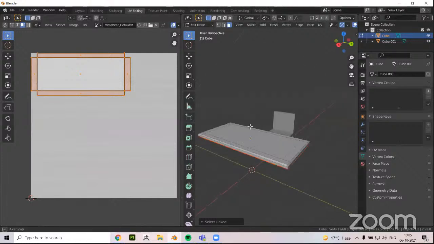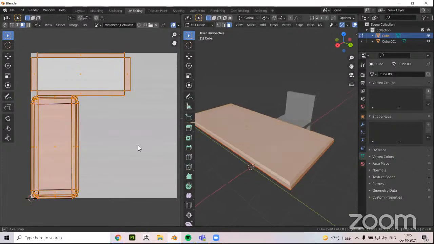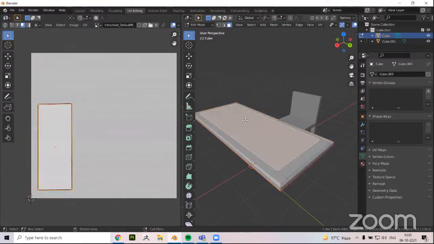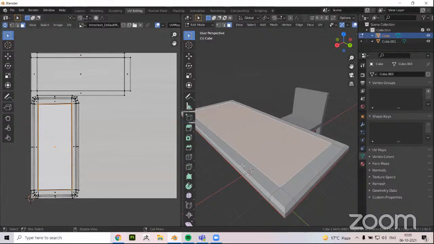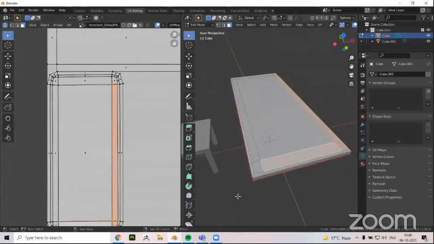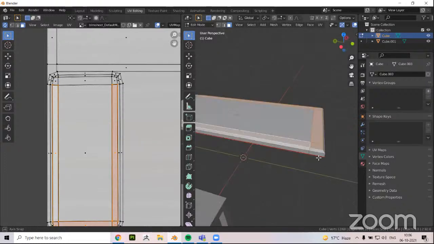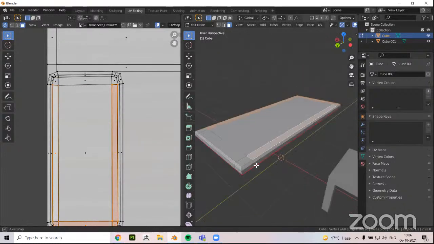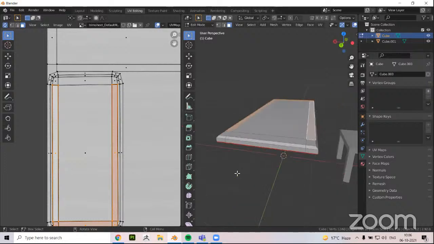Here we can see this is the face which I've selected from the top part, and the faces next to it are also next to it here as well. So basically, to explain what I did in a simple way, I have opened up my asset in such a way that my 3D asset is being represented in a 2D